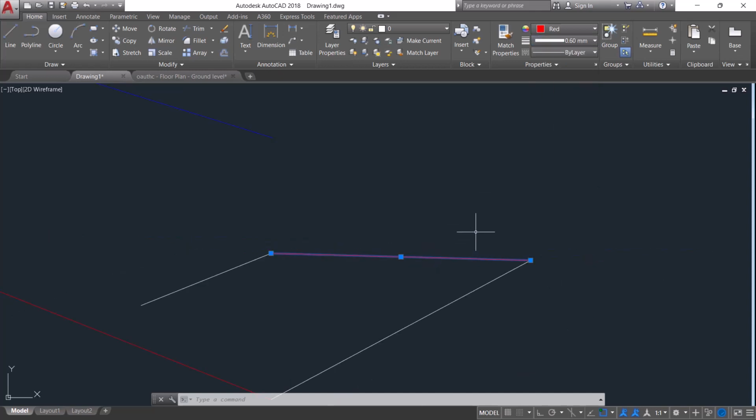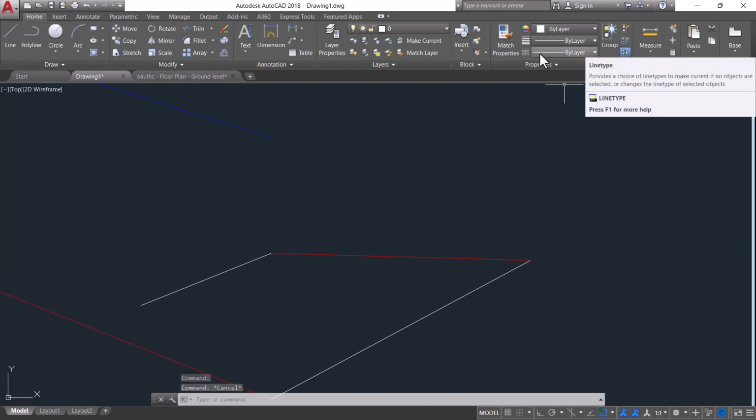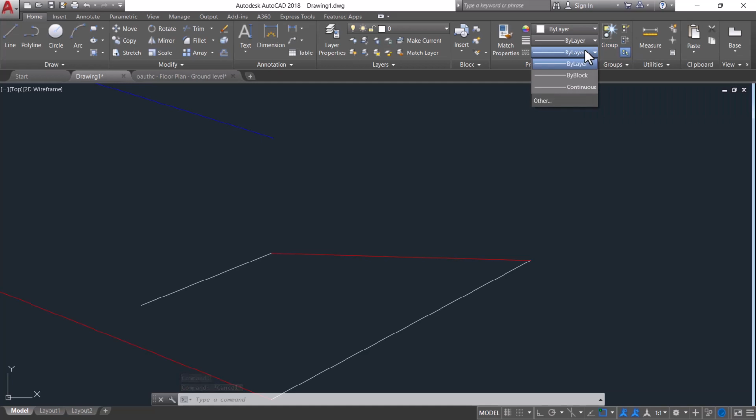As you can see, it's not coming up, it's not showing up. So what can we do about that? This one is line type. So is it continuous or others? If you are not seeing the thickness of this,